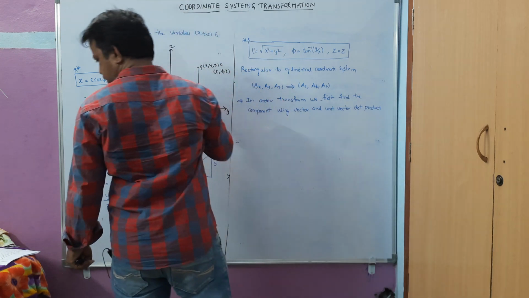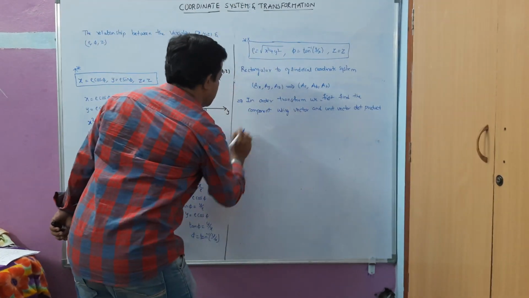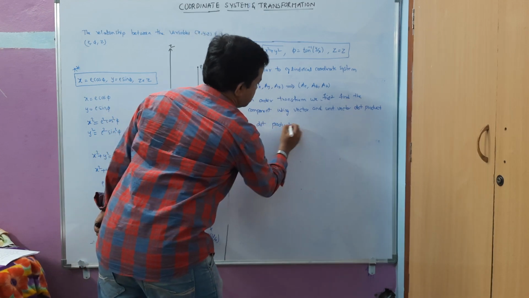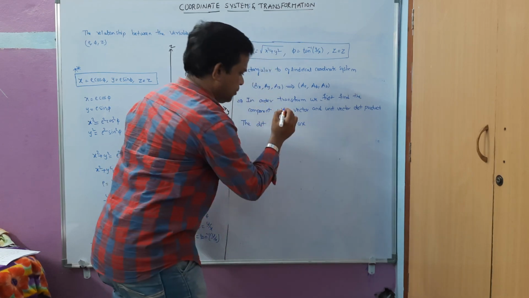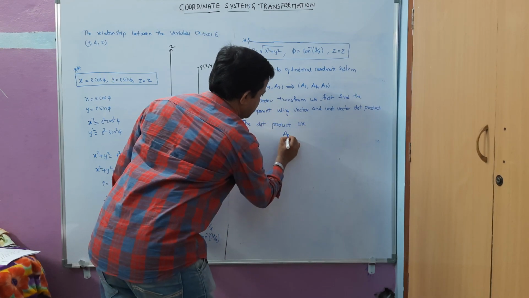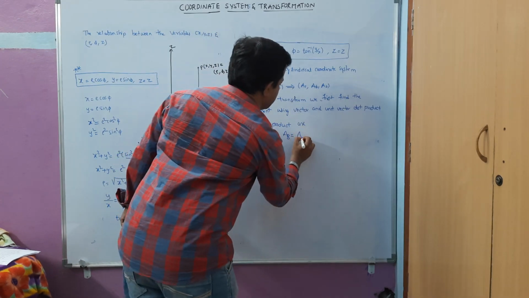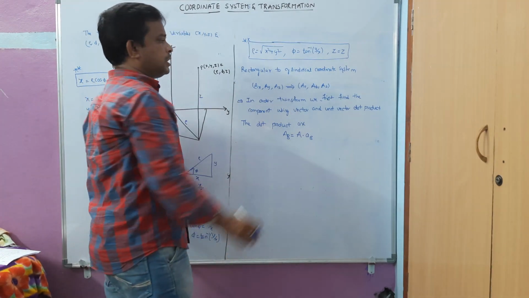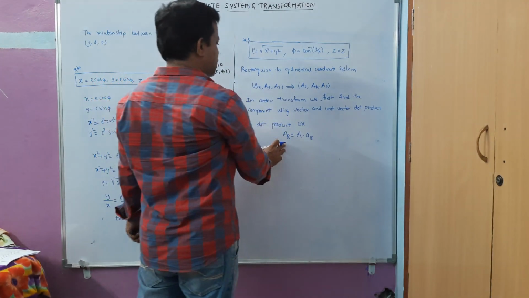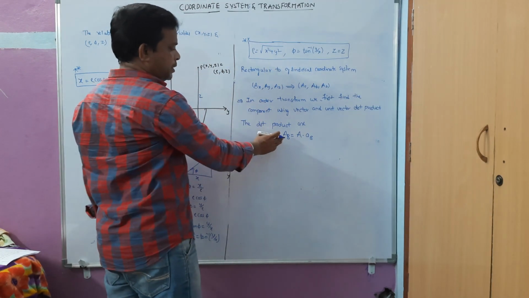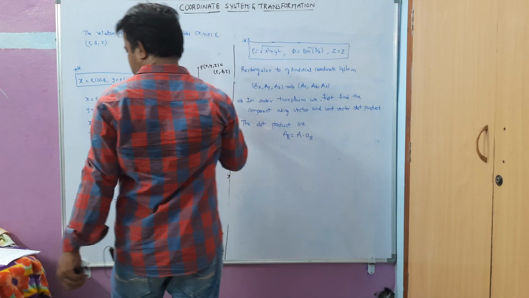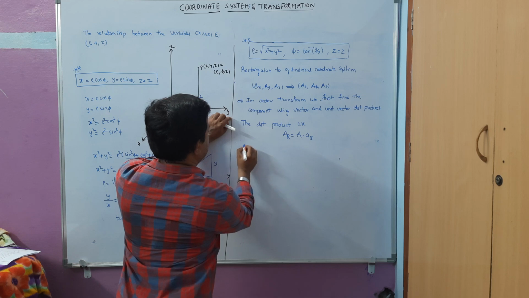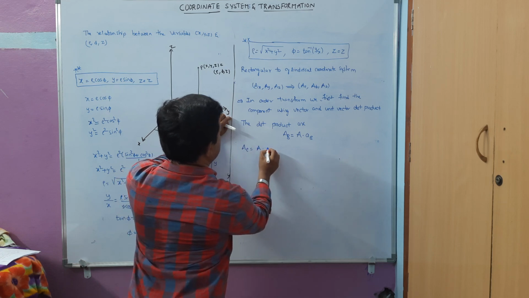Already we know the basic relation of dot products. Suppose we have a component like AB, we know that it is given as that vector dotted with AB. Already we have seen this relation in vector algebra: the component of vector A along the vector B is given like this. So here we are going to use the same relationship. In order to find a rho, a phi and az, a rho can be found like this, a rho is equal to A dot a rho.